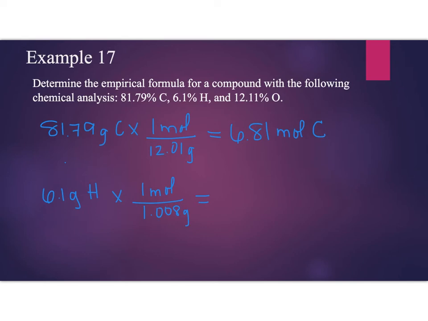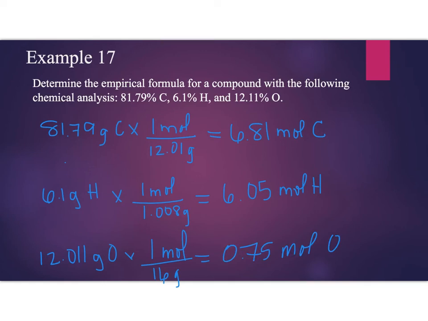And with that, I'll get 6.05 moles of hydrogen. And then finally, I have my oxygen, which is 12.011 grams of oxygen. And I'll multiply that by 1 mole for every 16 grams. And when I divide that out, I get